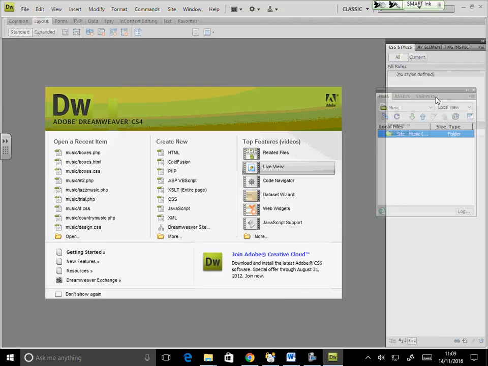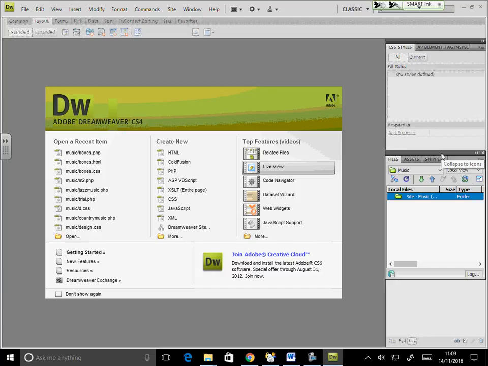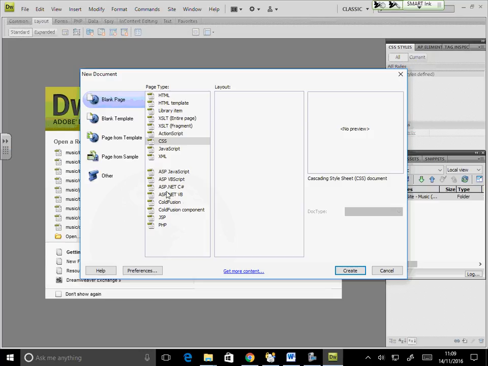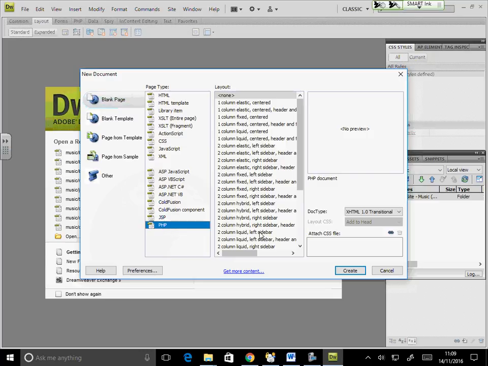So this is my site here. Now your website can have several HTML pages and several PHP pages. It is up to you, depending on the content in the page. Now I am making my first page as a PHP page. File, new, a PHP page. If you want to connect that page with the database, whether inserting or retrieving, it will have to be a PHP page. Insert or getting back data, it has to be a PHP page.